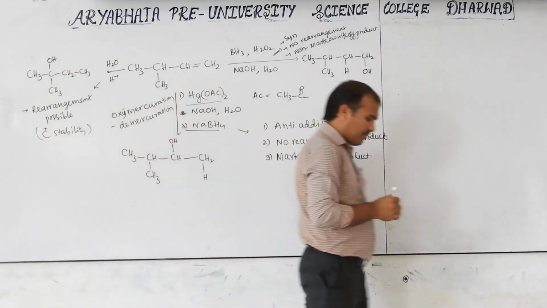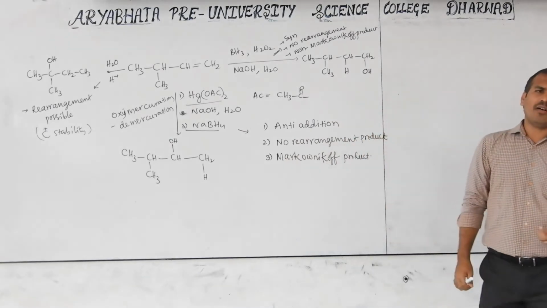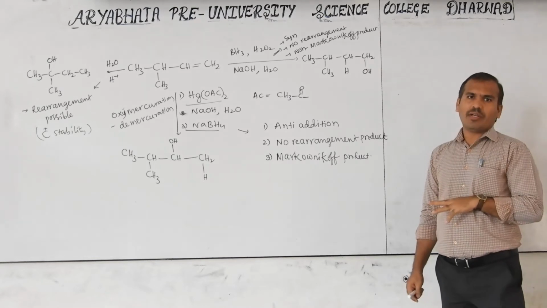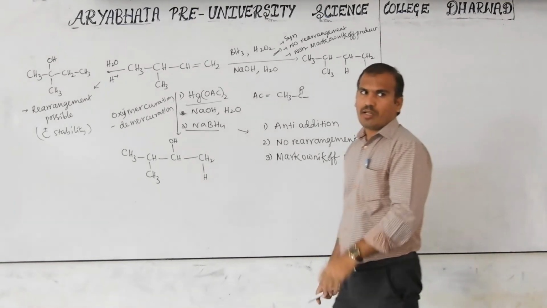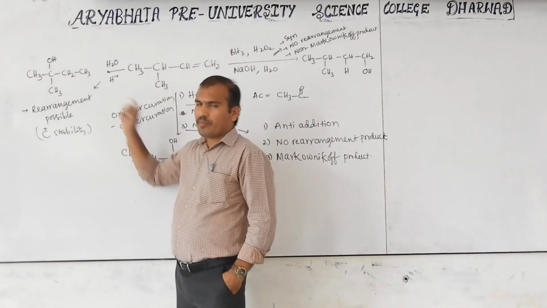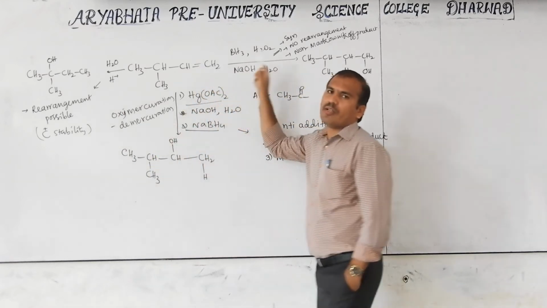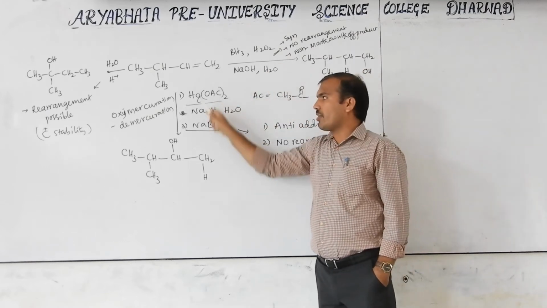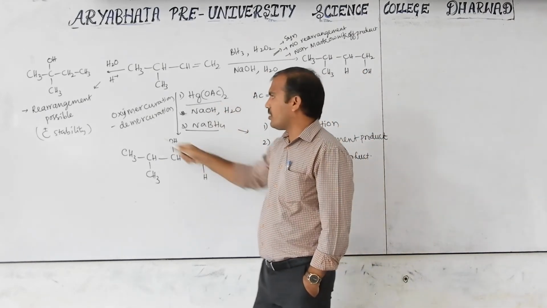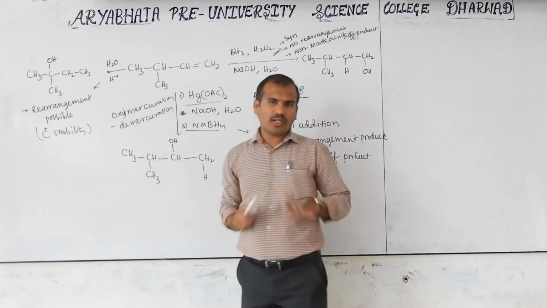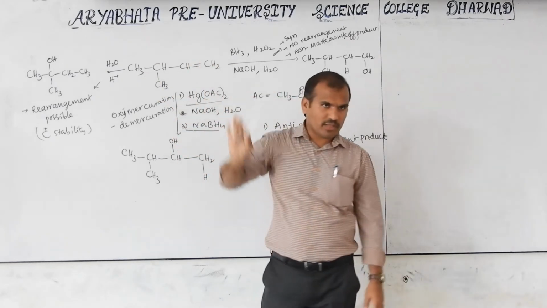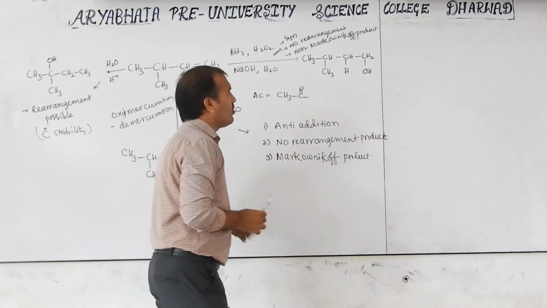Now one more reaction, that is preparation of alcohol. In this preparation of alcohol, how many methods are completed now? 3 completed. All 3 are from alkenes. Alkene reacts with water in acid medium. Alkene reacts with BH3; this is called hydroboration oxidation. Alkene reacts with these reactants; this is called oxymercuration, demercuration. Totally 3 completed. This is not in the syllabus, but these 2 are in the syllabus.